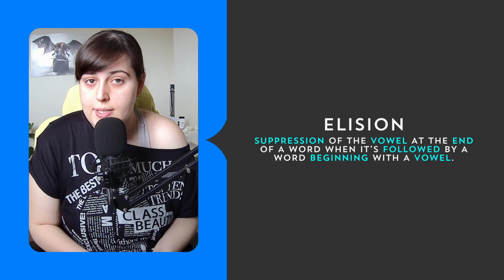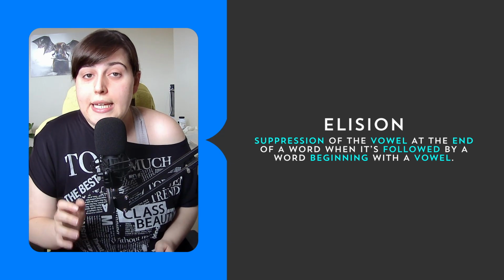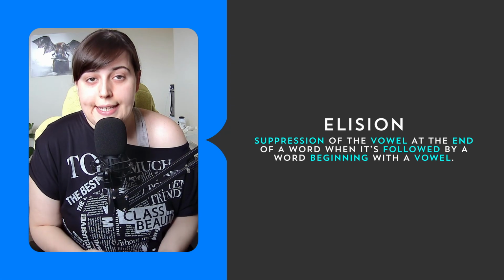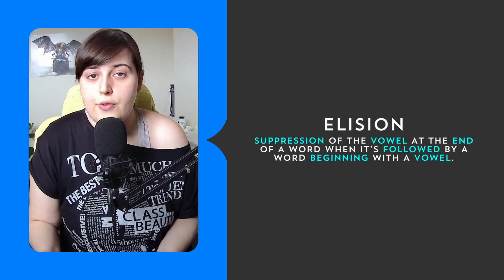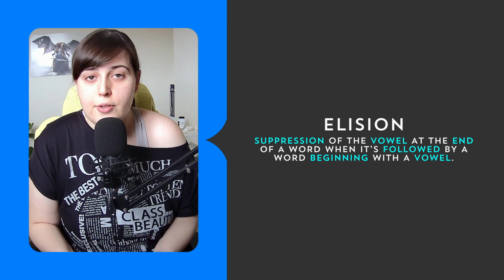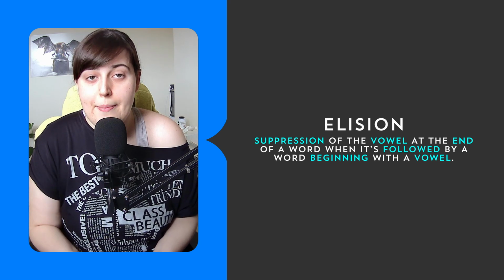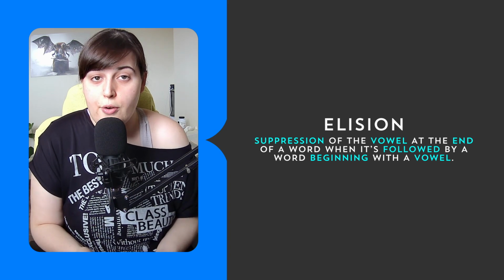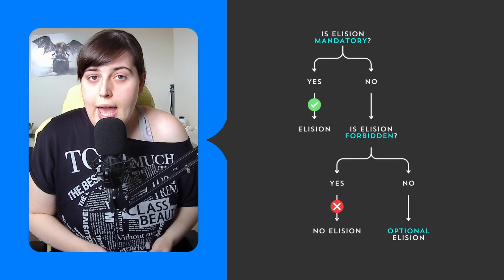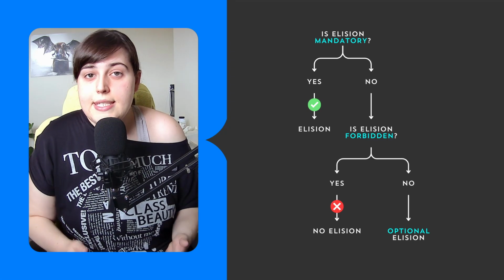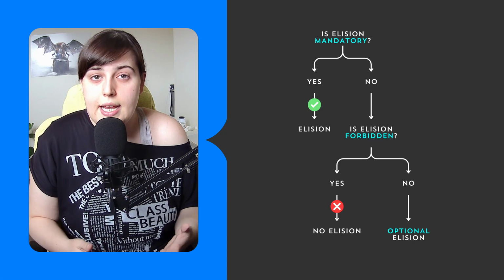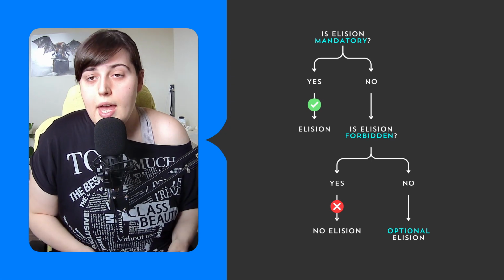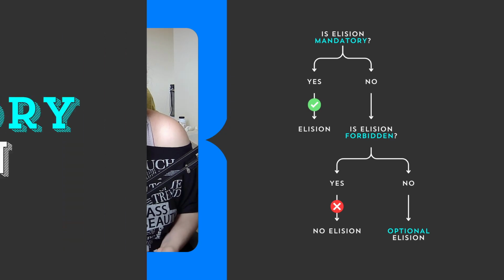marks stressed vowels. A fun fact about the word elision itself. This term originates from the Latin word elidere, a combination of the reinforcing particle e and the verb ledere, which means to damage. Thus, etymologically, elision suggests something that has been cut off or severed. And now that we have a basic understanding of elision, let's see how to use it, since in Italian elision is mandatory in some cases, forbidden in some others, and optional in all the remaining ones.